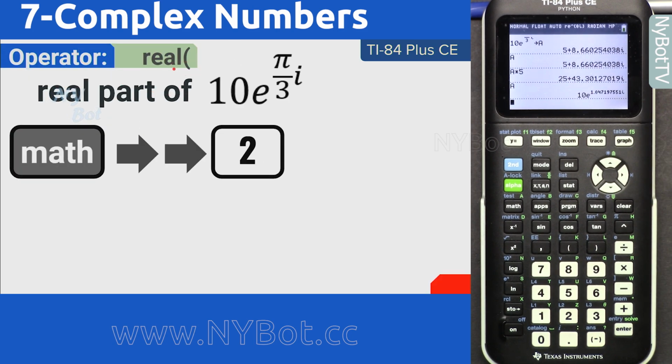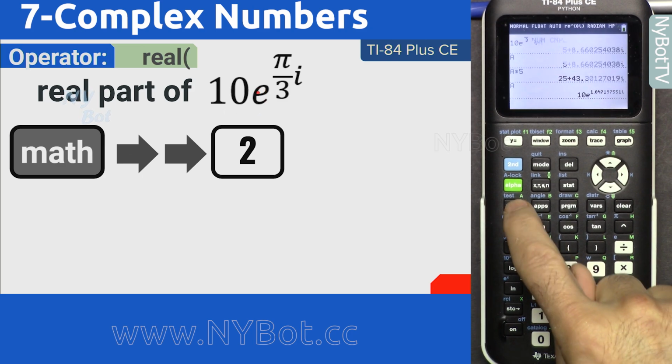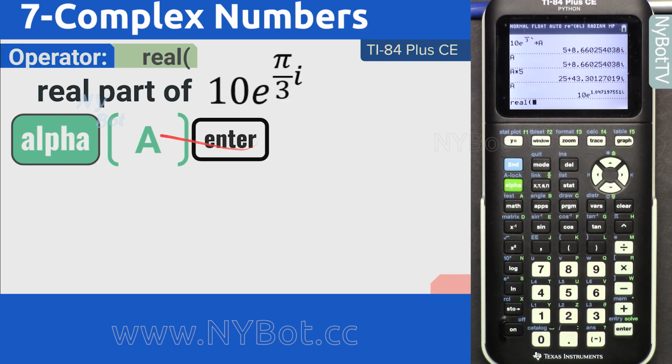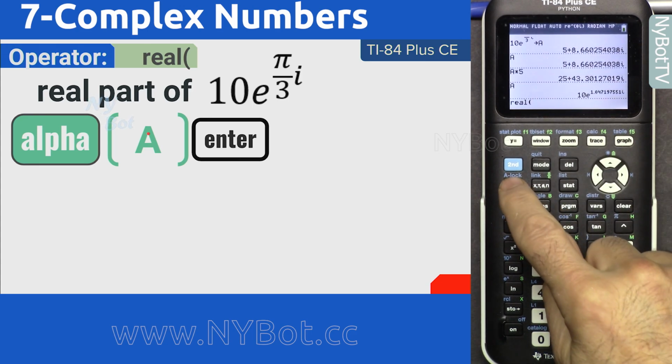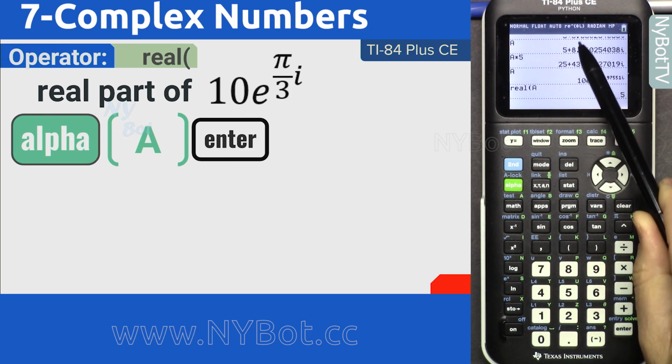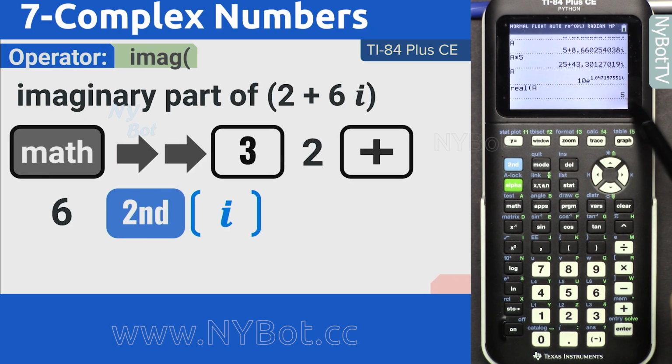Now let's get the real part of this expression, mode, second function. For real, we press 2, and let's recall it because we don't have to type it again. We have the value, second function A, and the real part of that is, remember it was 5 plus some